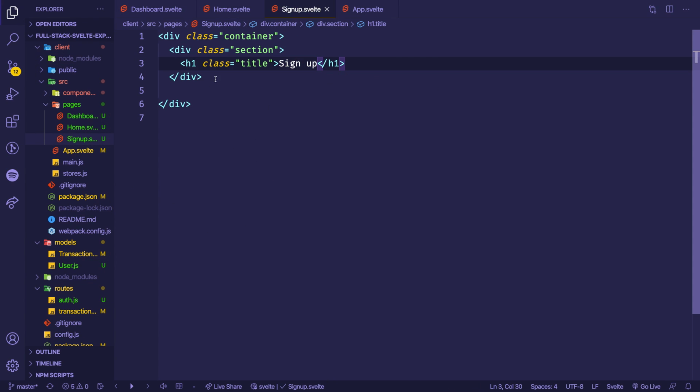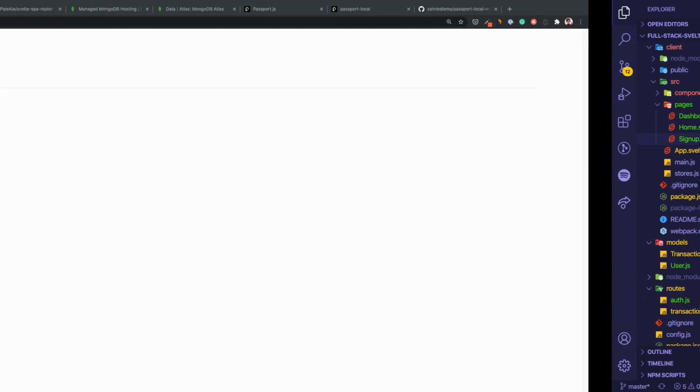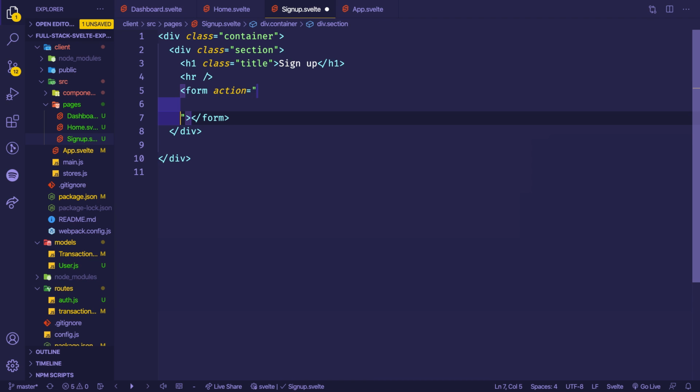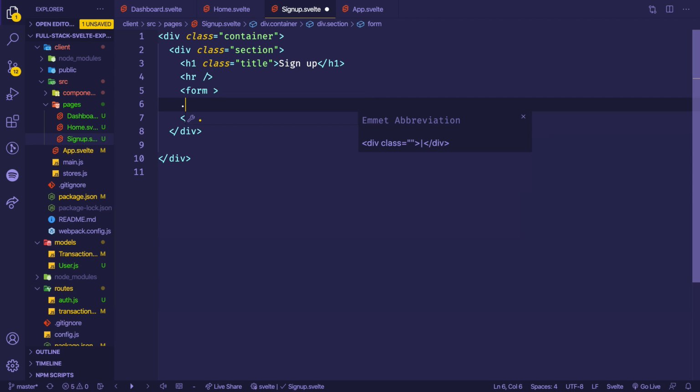We have the title, and now inside here I'm going to add an HR, so we have a line there, and I'm going to start with a form. Here I don't want to have an action. I just want the form, and let's start with the username. Again, with the help of Bulma CSS classes, we are going to have this field div